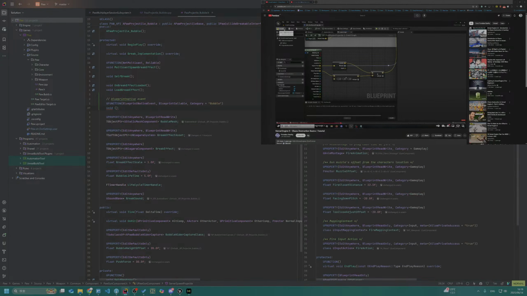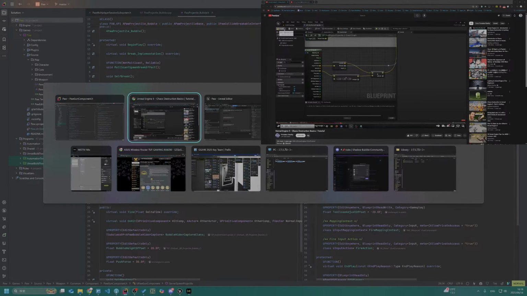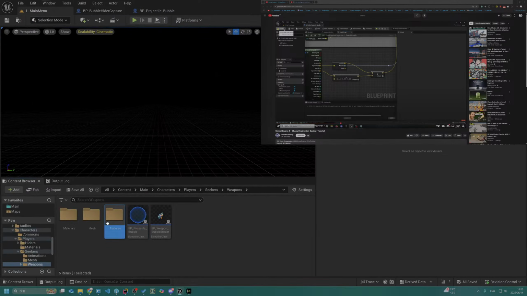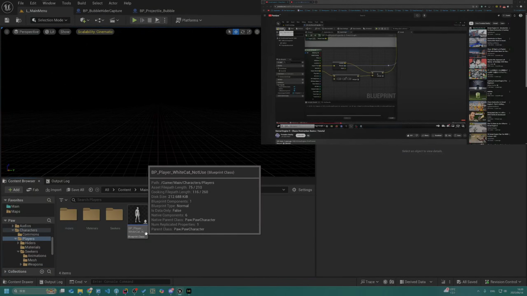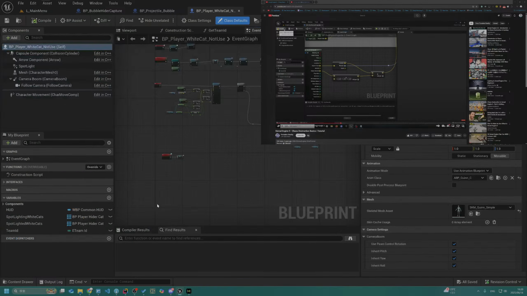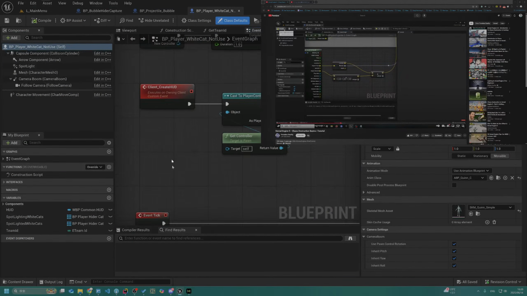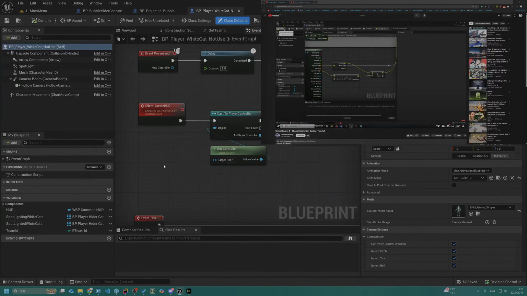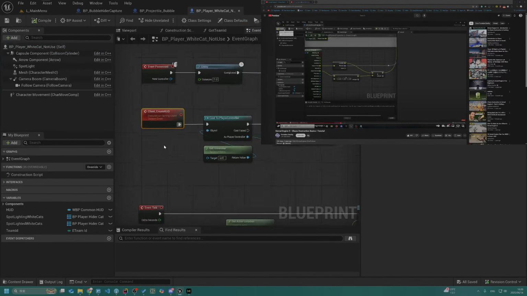If I want to use a blueprint reliable server something, I need a legacy character for reference. This one, right? Blueprint not used. This is for reference on how to implement everything for multiplayer in Blueprint. So we got the client function.